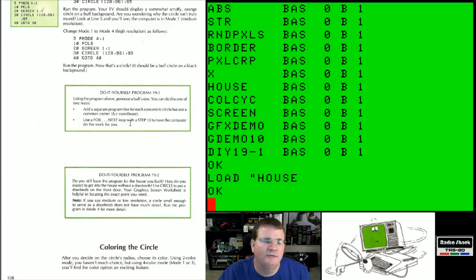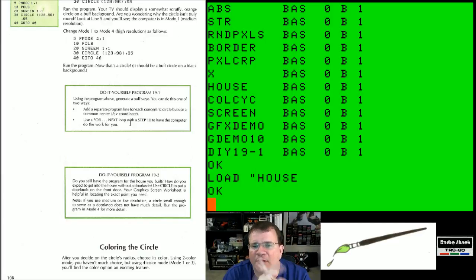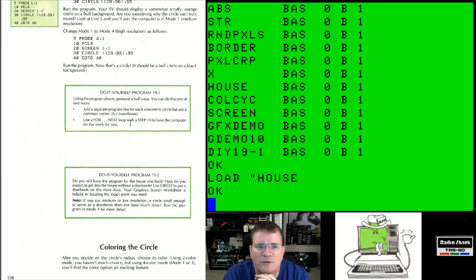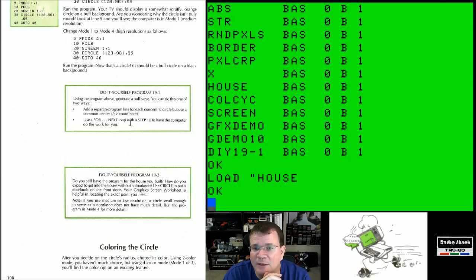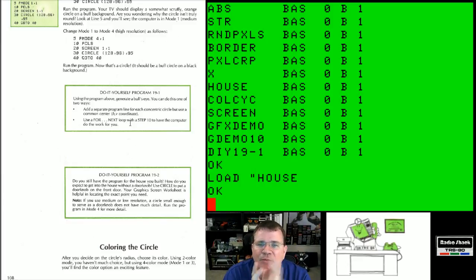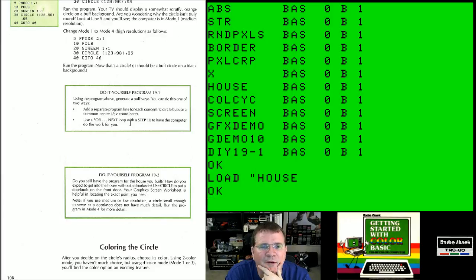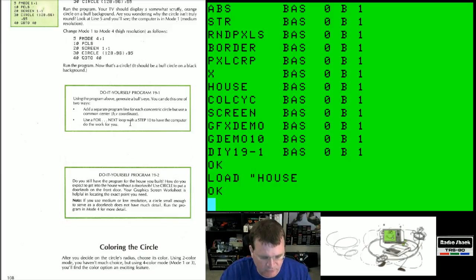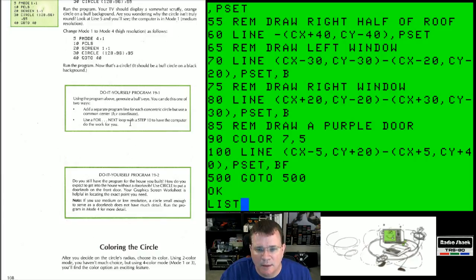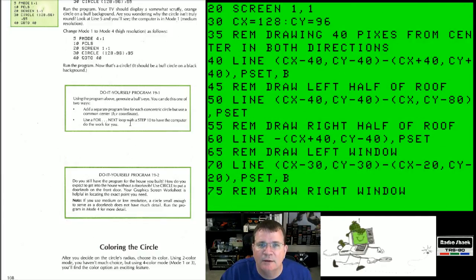And this is the funny thing though. It says, do you still have the program for the house you built? If you were following this book in order and you never used this computer before, you'd have no idea how to save your house program, because we haven't gotten to the chapter on how to save to cassette, and this is not the manual for Disk Extended Color Basic, because that's a whole other book that comes with your floppy drive when you buy that. So it's interesting that they're asking us if we still have it. If we didn't have it, you'd have to go back to that chapter and type it in again, but I've been saving these. So when I list my house program, which I don't even remember everything that I did,